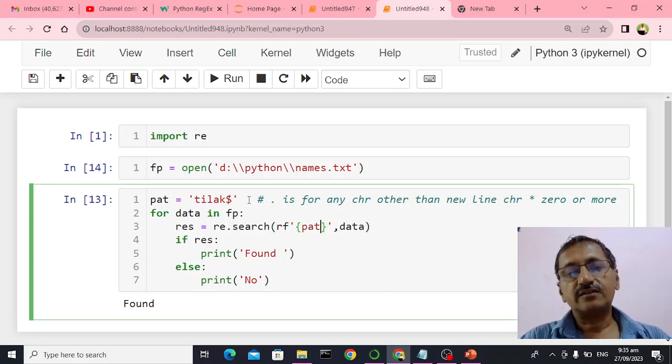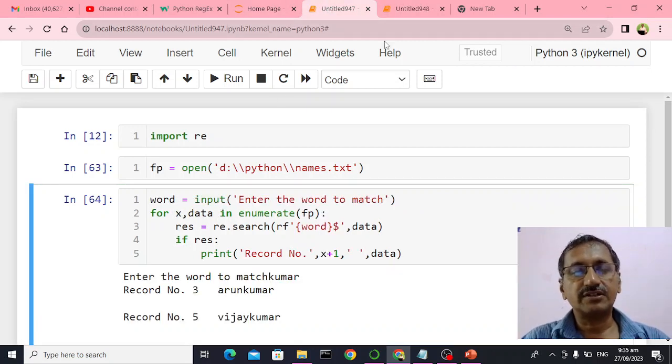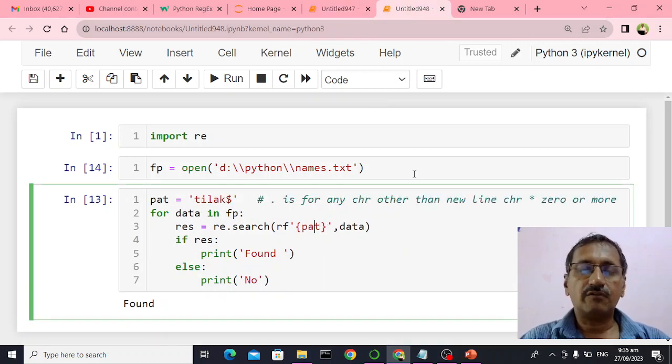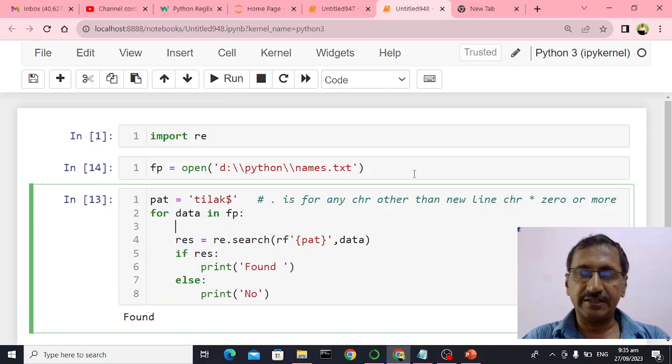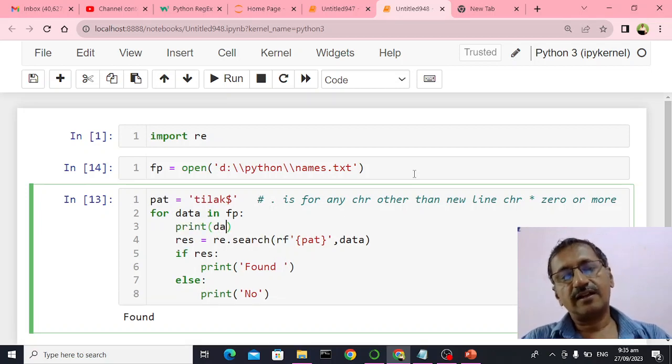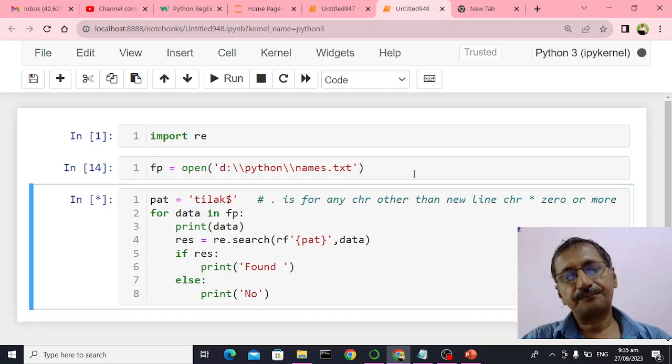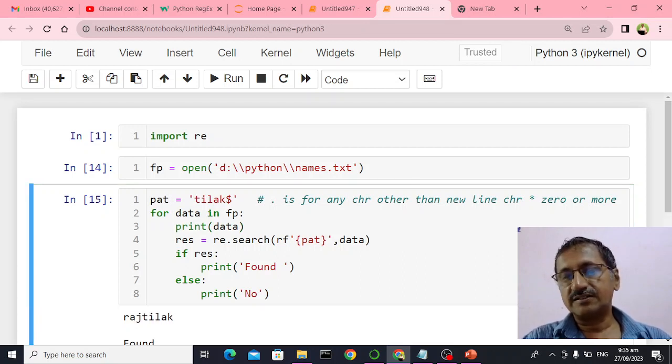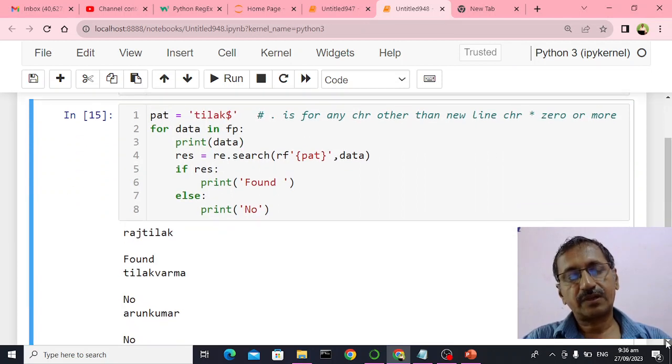this is data. Okay, so what it says, 1 minute, actually what it says, this particular formatted text with this particular pattern should be found in this data. So I'll just print data one by one. So lines will be read one by one. Look at this. See, Raj Tilak. Okay. So you see, now what I do,